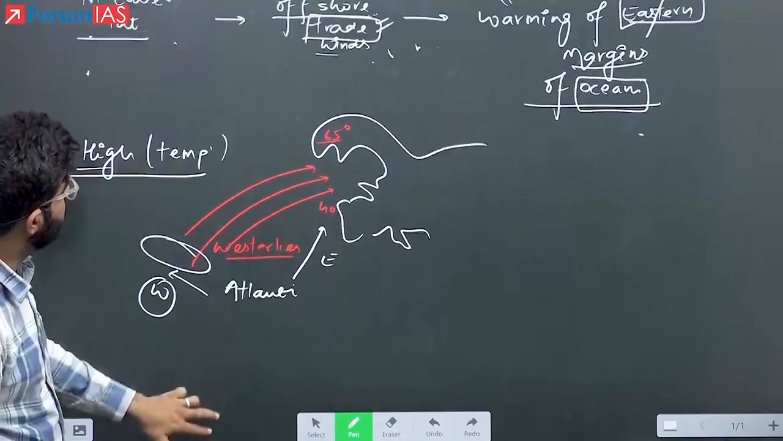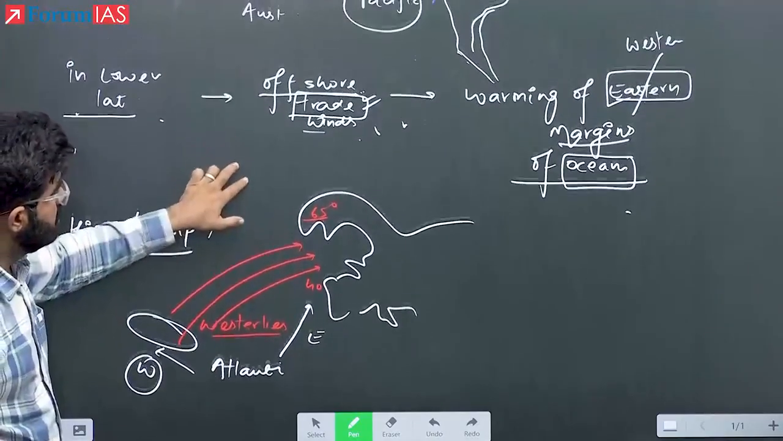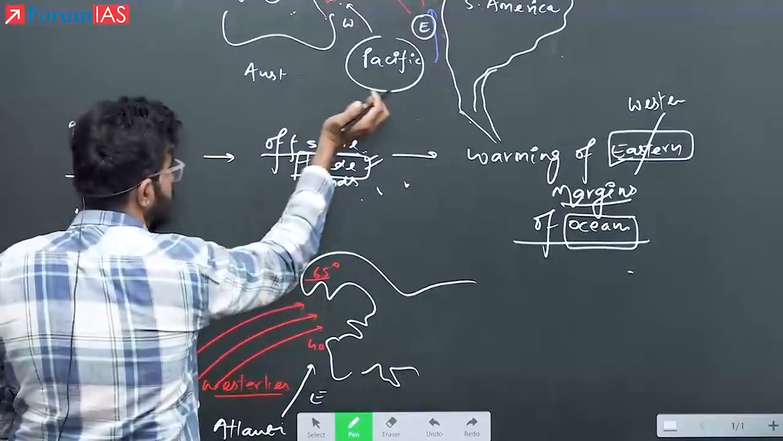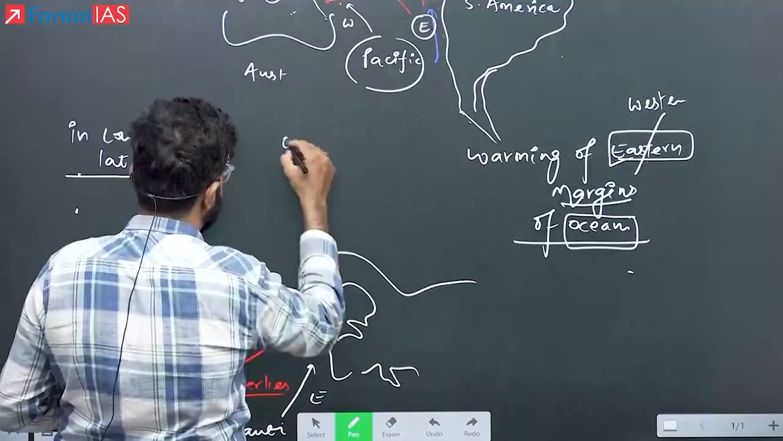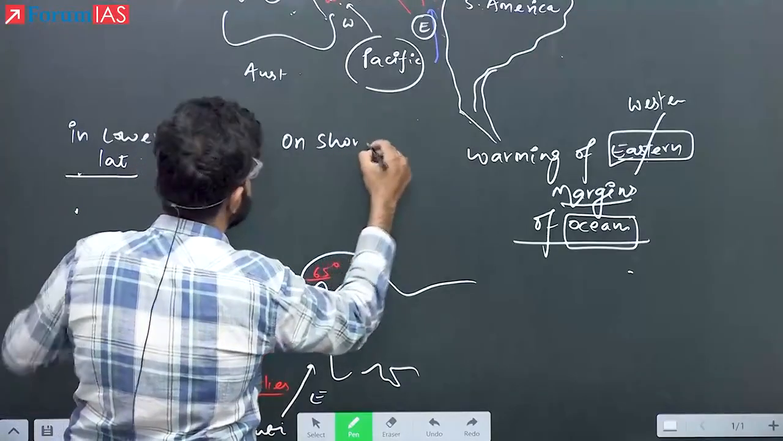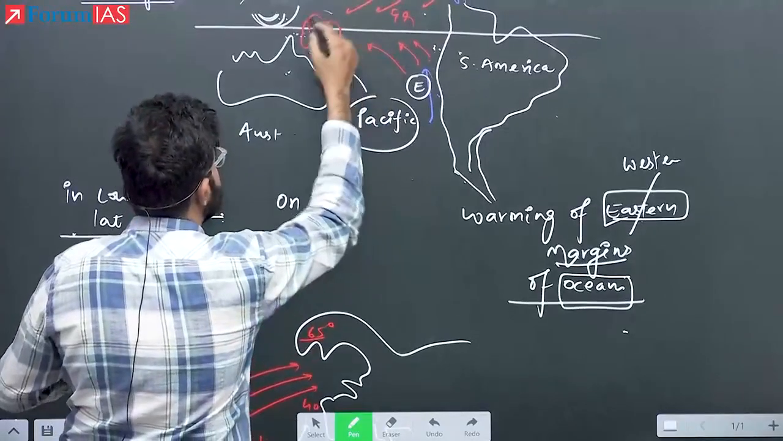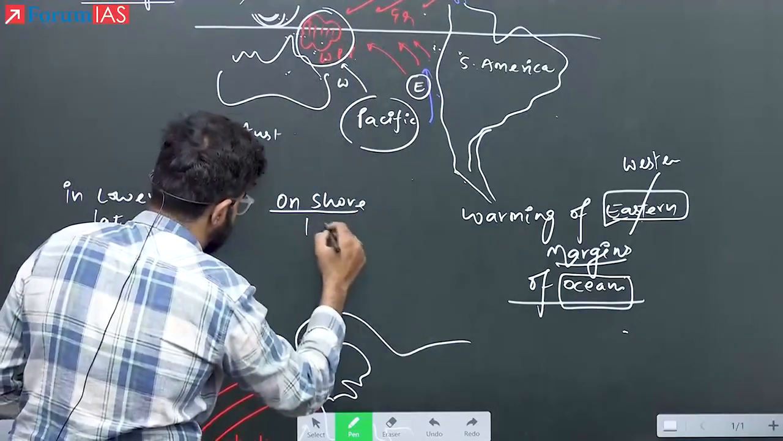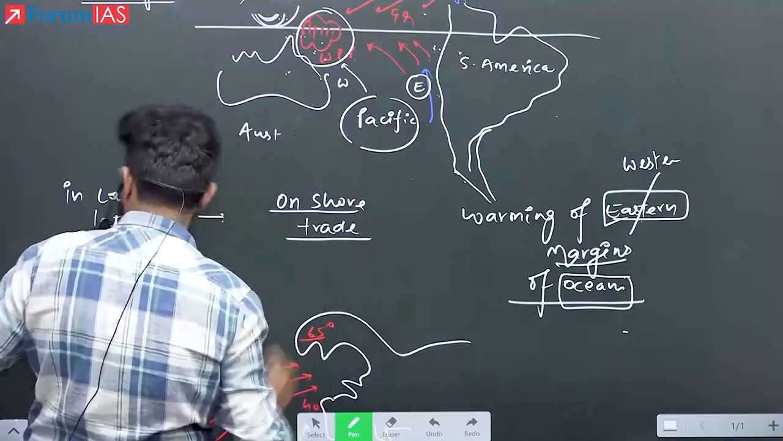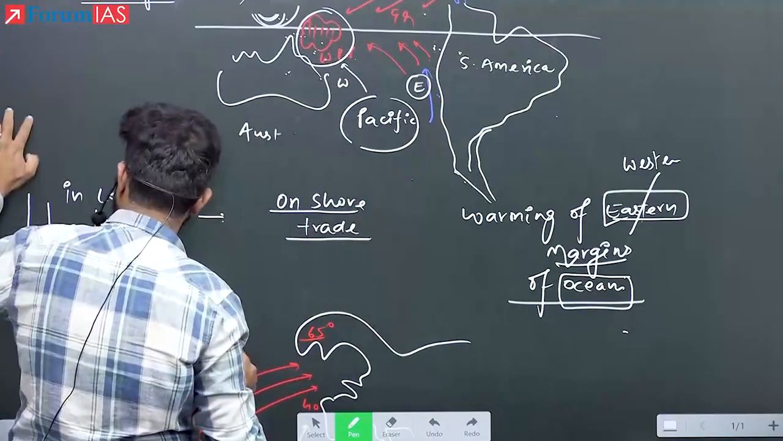What have I written here? Offshore, I have written offshore. They should be onshore. Which margin are we talking about? Sorry, this is my mistake. It is onshore. These are onshore trade winds which are bringing warm water here. ठीक है? Onshore. Onshore trade winds. Now here on the second side,